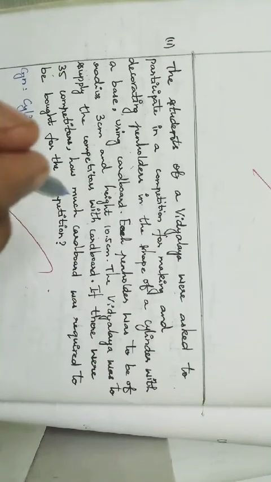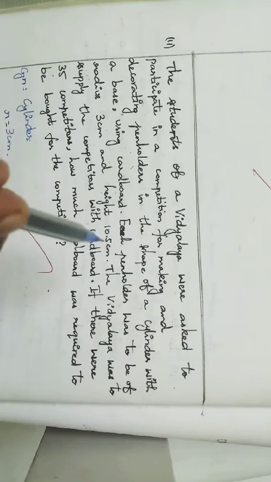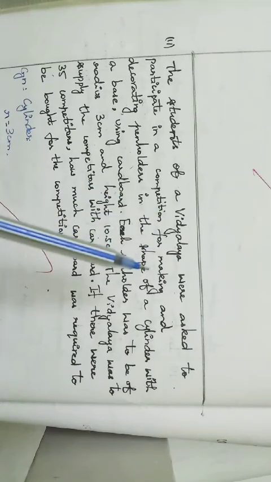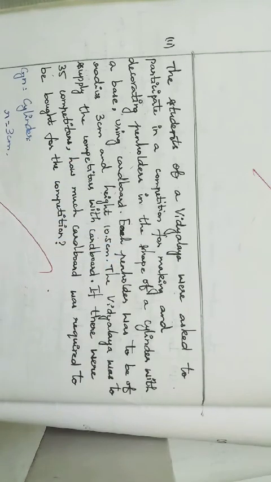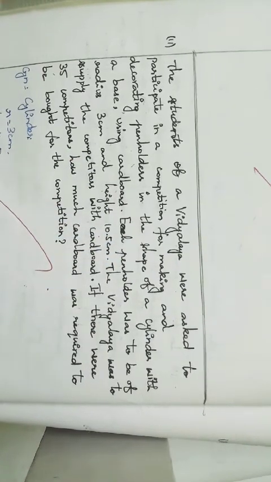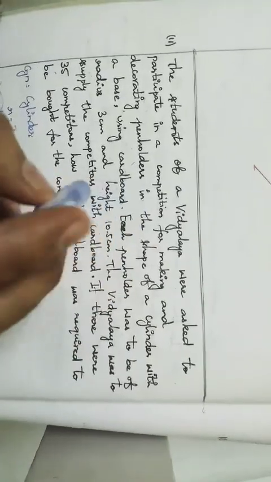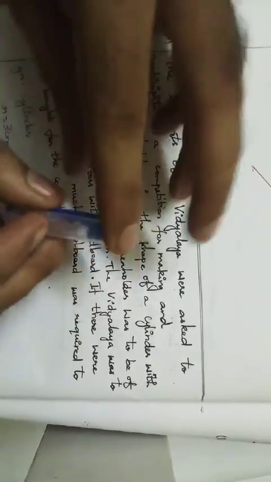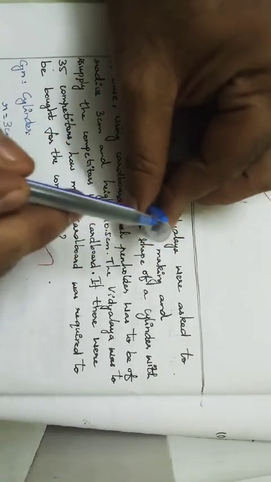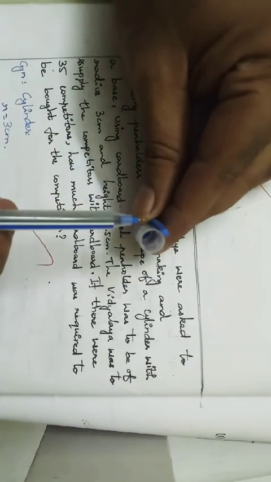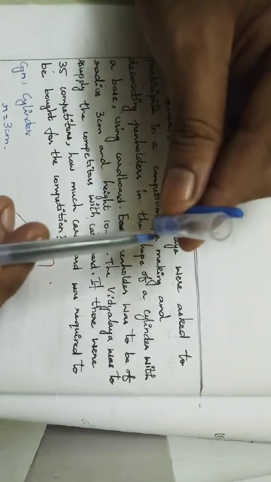See, they are saying pen holder, right? How will it be? The top will be open, but the bottom will be closed. It's like a cap, I'm just taking that cap, right? The bottom will be closed, but the top will be open, for holding the pen. So it is the curved surface area plus the area of the bottom.